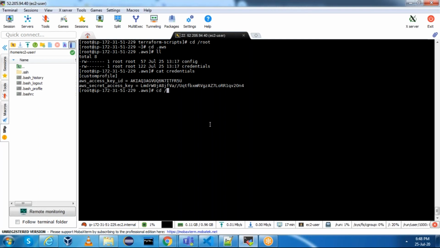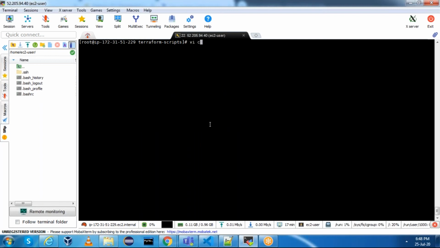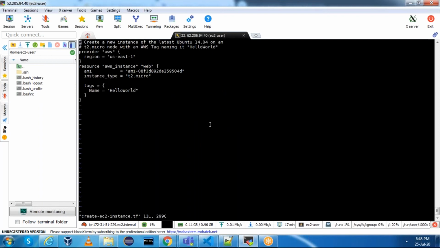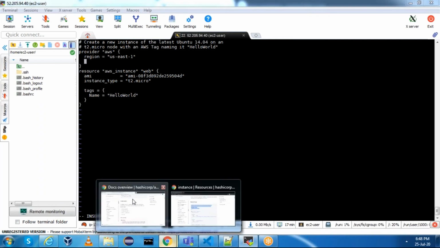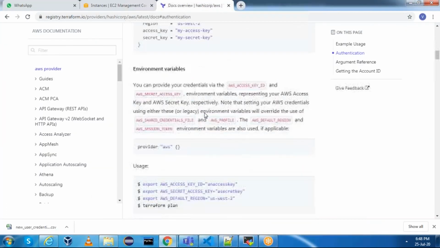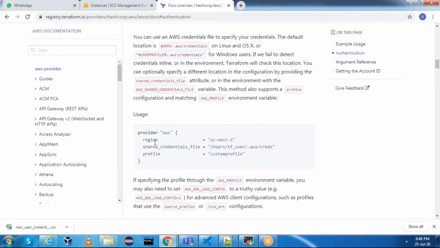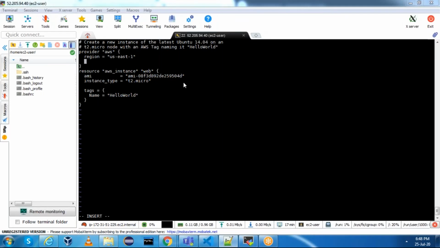Now what we need to do is we need to mention this in our Terraform file. Vi create EC2 instance dot tf. Here you can mention shared credentials file. Okay, let me copy the name. Just copy shared credentials file and profile. Go here and paste it.